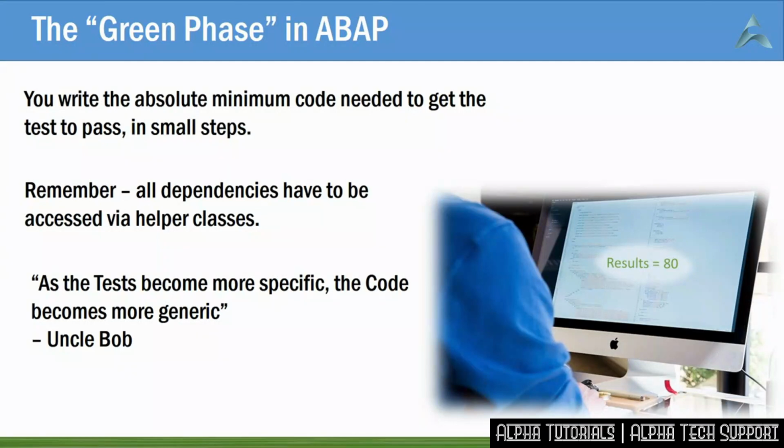Now here's a concept that's going to blow your mind. Robert Martin, Uncle Bob, suggests that if the very first test requires the result to be 80, for example, then just say result equals 80, without any calculations at all. That sounds crazy. It sounds like lunacy. It is, of course, as specific as you can possibly get.